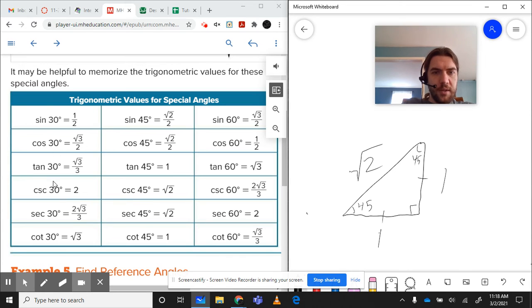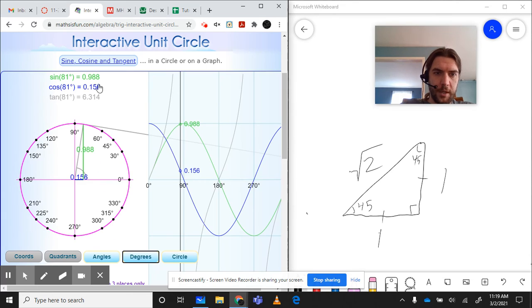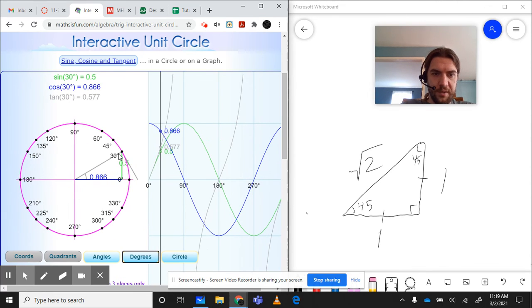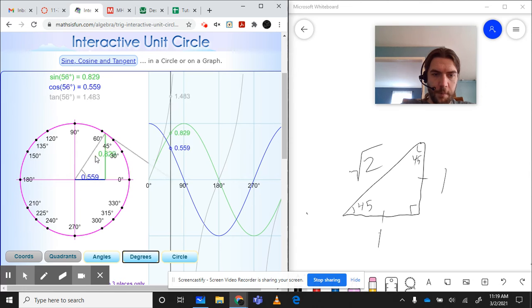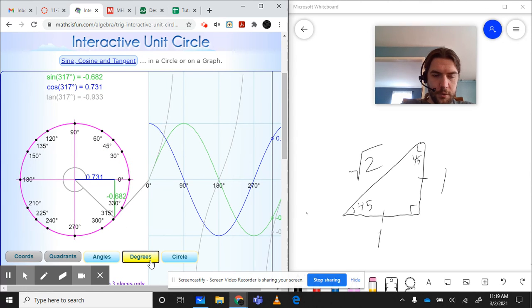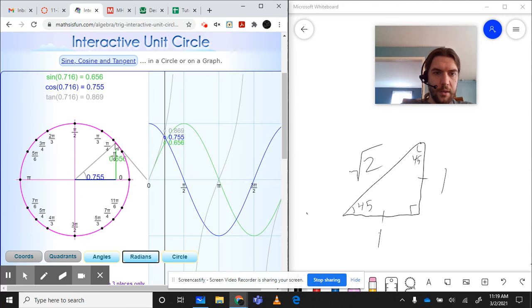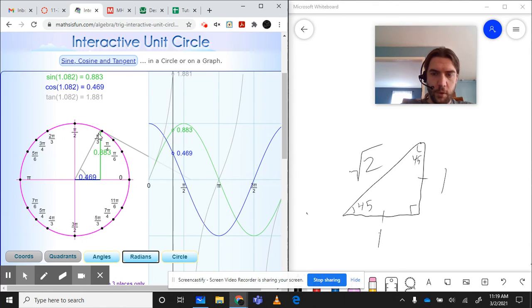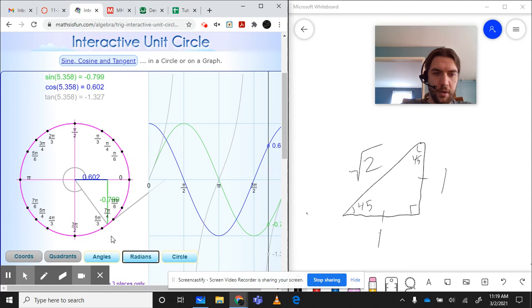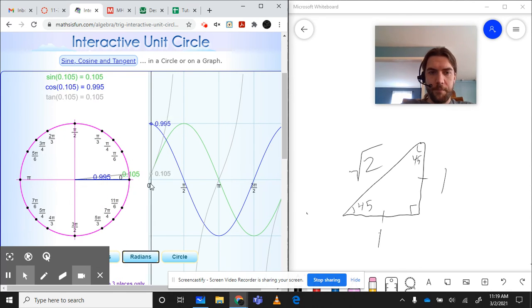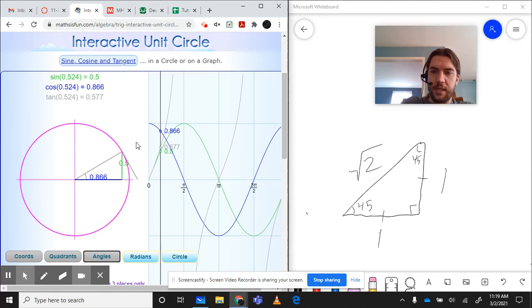Okay, so any of this stuff, they say special angles. When they say special angles, they just mean that these are particular angles that create pretty small values here, so they're not hard to memorize after you've worked with them a lot. And that's why on the unit circle, for example, we see 30, 45, and 60 show up on there. And if I go to radians, we don't do 30, 60, 45. We do pi over 6, pi over 4, pi over 3. These are special ones just because they're really simple values to get to, starting with just your standard equilateral